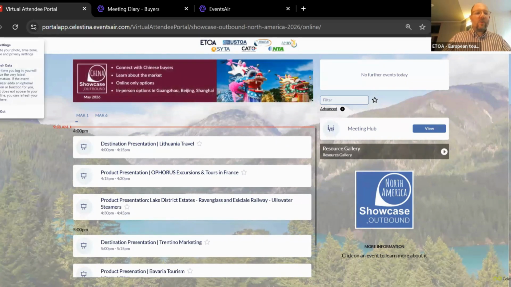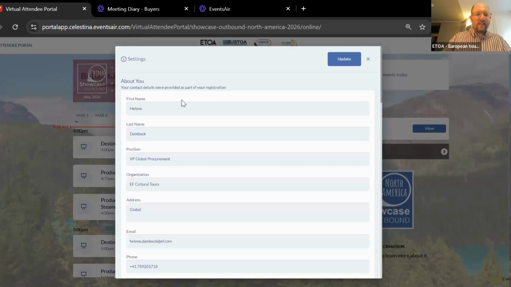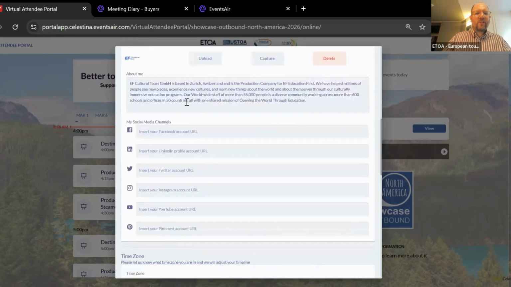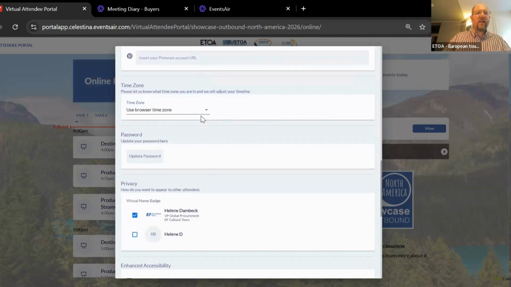Before you start using the platform, it's really important, and I'm using our colleague Helen's login here, to check your profile information, upload a picture, check your company description, and maybe add any other elements. Automatically, this is set to your browser time zone, but if you want to amend that, please do, and then everything on the timeline will adjust to your local time. The meetings you'll arrange and the different sessions will take place in a single moment in time, but this will just translate it for your local setup.